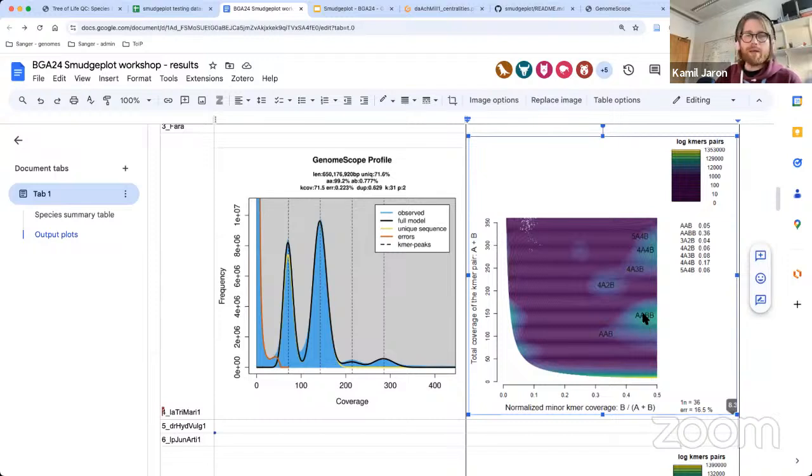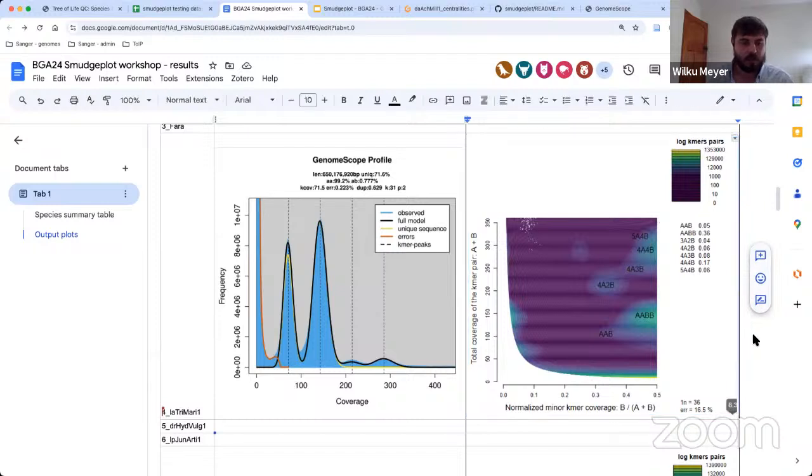This one will be AB. This one will be 2AB, 1B. This one will be 2A, 2B. Everybody with me? If you halve the coverage, you divide all the labels by 2. Okay, makes sense. So even without rerunning, we could rerun the Smudgeplot so it has the correct labels, but we could actually look at it already.